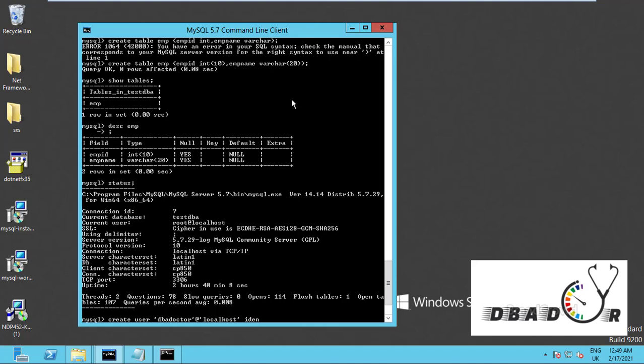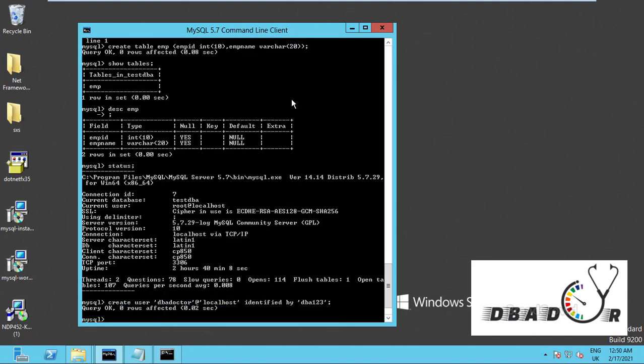Now we are going to give a password using identified by password dba123. Okay, create user, username identified by password.